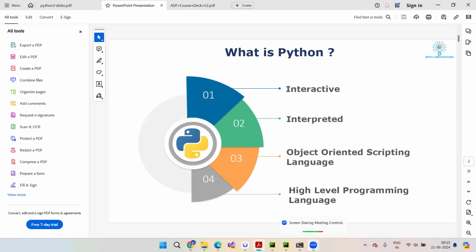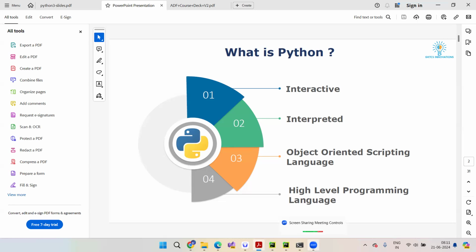This is one of the main reasons people go towards Python, because Python does not require you to write a large number of lines of code. It is self sufficient, you can say. You simply write what you want, apart from unnecessary things that are not required to get some output.